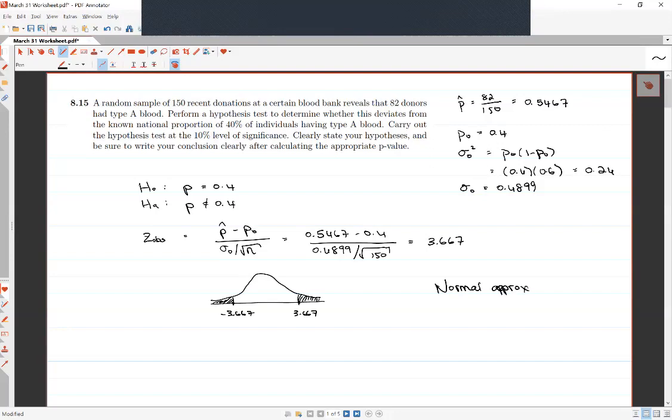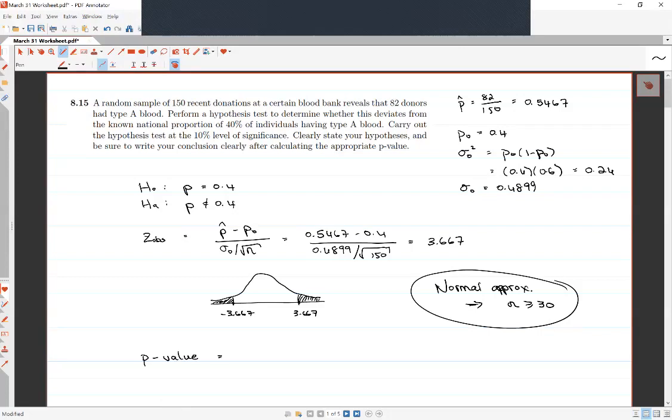This is valid because our sample size is at least 30. If you are trying to test something relating to a proportion and you don't have a sample size of at least 30, we don't have any other way of doing that. So that would just leave you stranded and you would have to say no calculation is possible. But because this condition is satisfied,